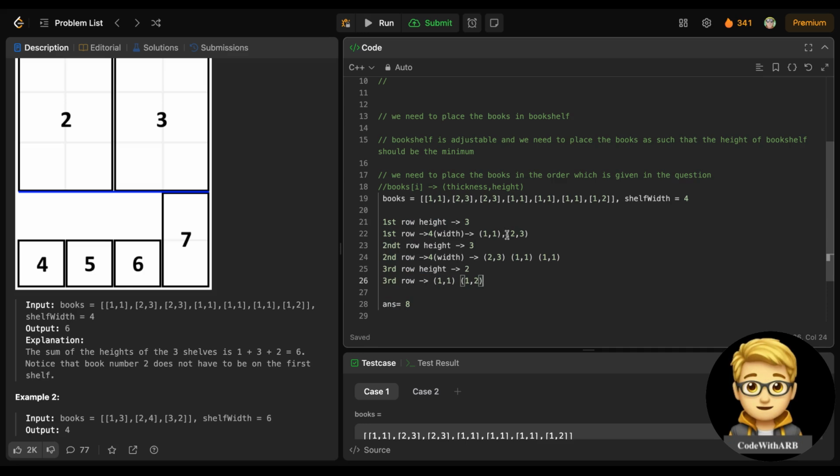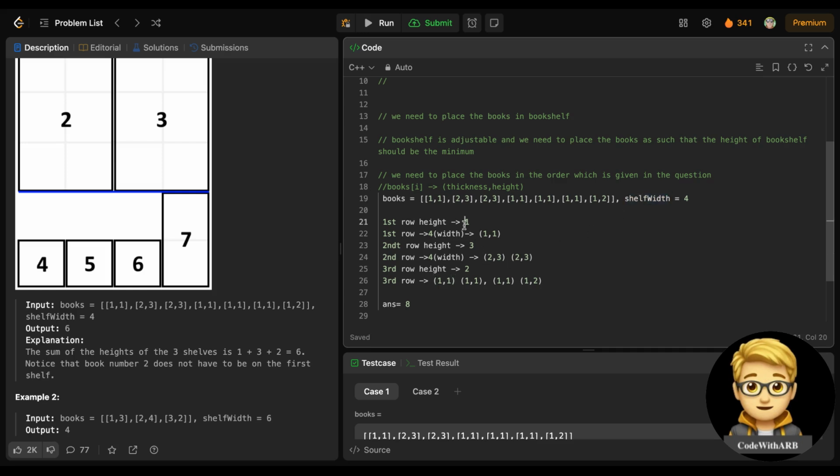But one thing to note: instead of putting this 2 3 here, can we place it in the second row? Yes, we can place this, right? So instead of putting this 3, if I don't push it here, the height will be 1. And if I put this here and remove this all here, so this 2 3 and 2 3 is 4. Both the books can be placed in the second row, and the height will be 3, right? And now the remaining ones, which are the 1 1 and this 1 1 again, right? The maximum height is 2 in these four books, and these four books can be placed in the third row,